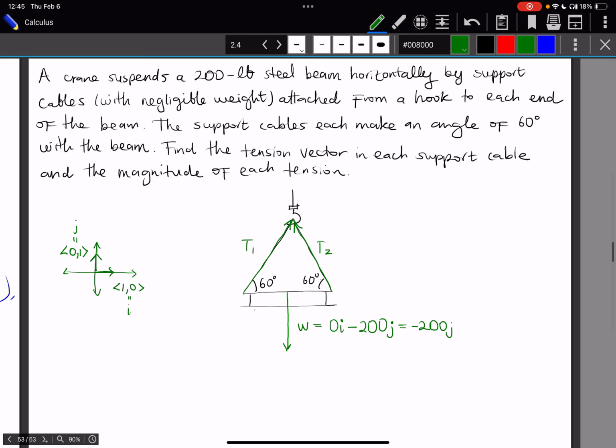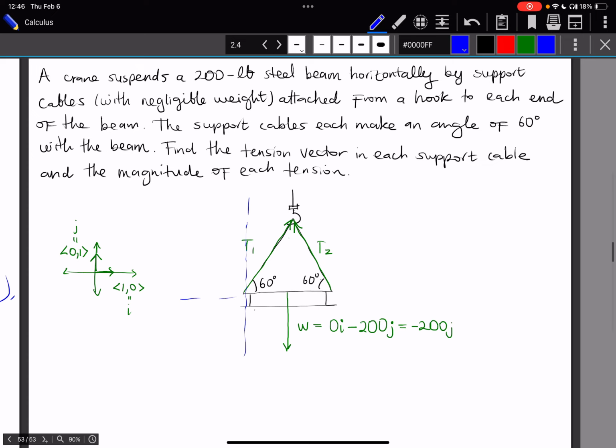Now, T1 and T2 are vectors that are also in the plane. So they will be written in terms of i and j. But we don't know a lot about T1 and T2 at this point. So we're going to get some information about T1 and T2 from the graph using polar coordinates. If we imagine that plane XY